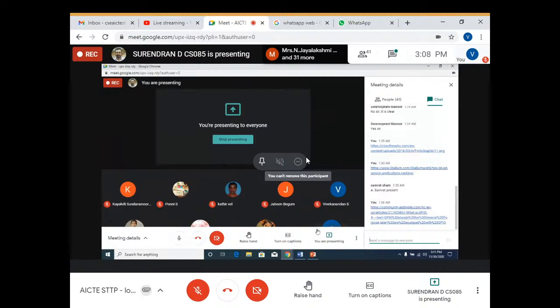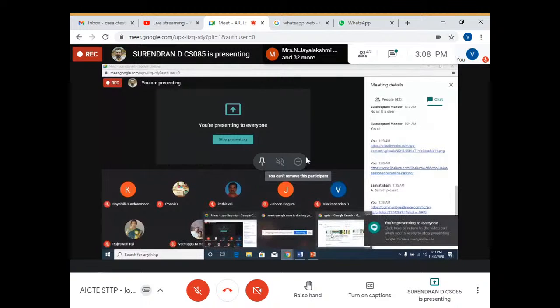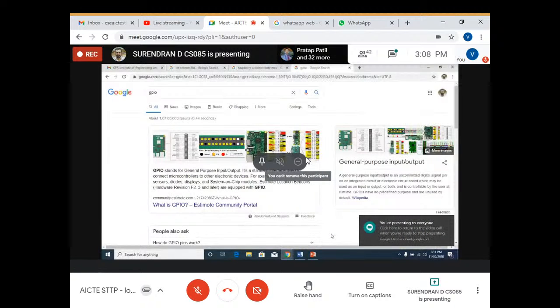Fine. So this is one thing about your GPIO. I wanted to talk about general purpose input output because you don't know how to directly connect the sensors, and how the sensor data reaches your applications. The next part I wanted to talk about is